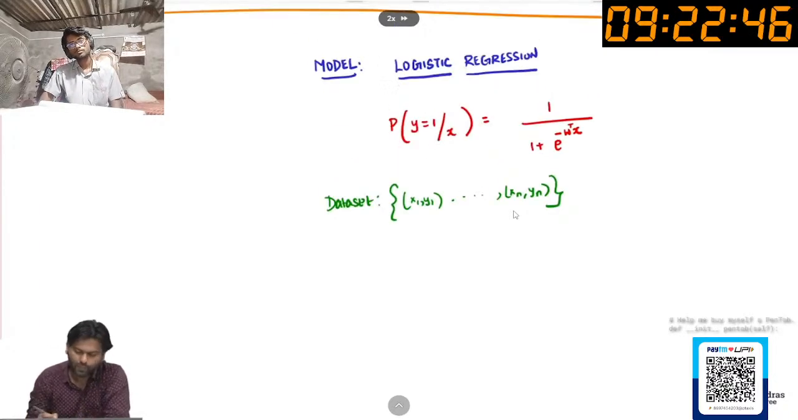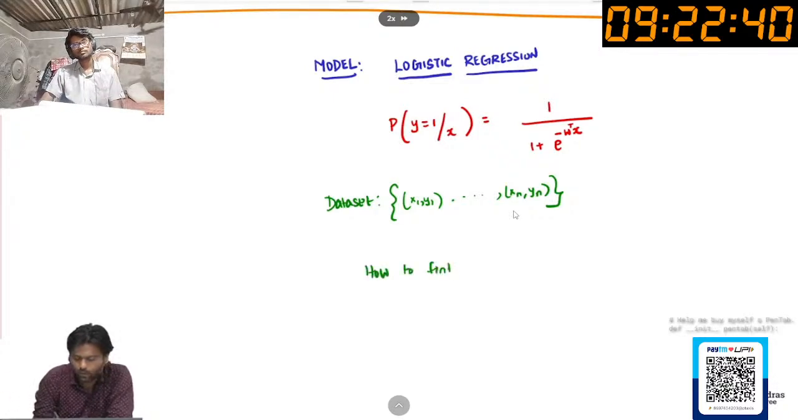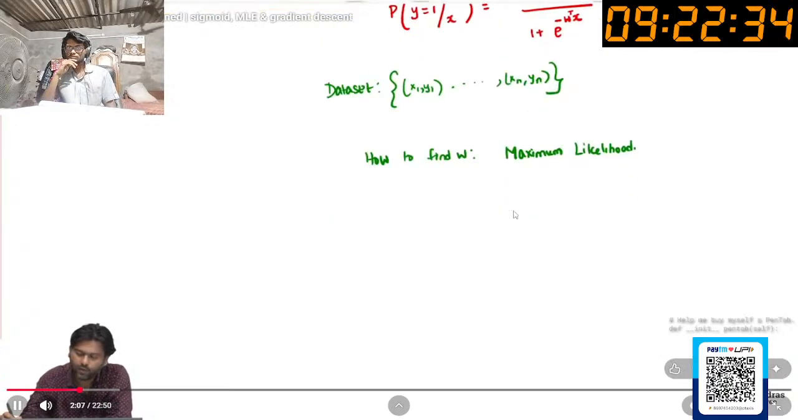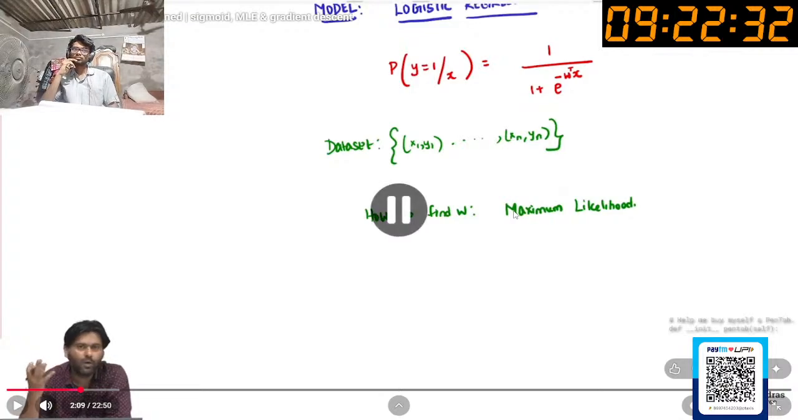Now the question is how to find W, right? We are assuming a model which depends on a parameter W. We have data, so we can estimate W. And how to find W? Well, we know one powerful method to do this, which is the method of maximum likelihood. Let's try that. So if I have to do maximum likelihood, by now,